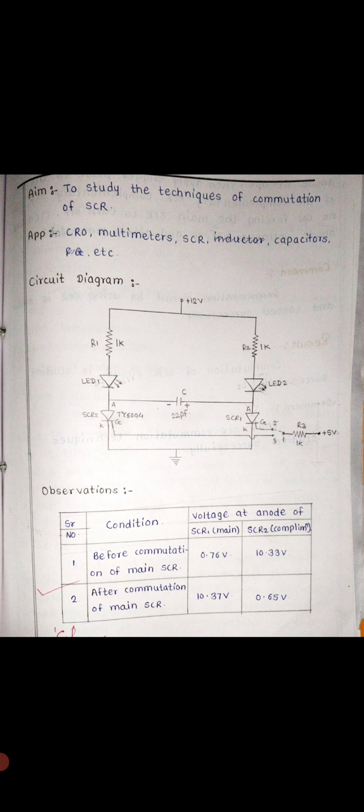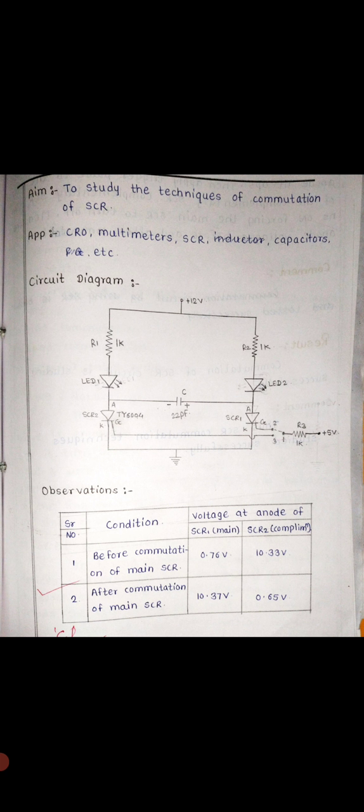The turn off process is called commutation. The term commutation is used to indicate the process of transferring conduction from one device to the other device. There are different types of commutation. Depending upon the nature of the source, either AC or DC, commutation can be natural or forced commutation. Also the different commutation techniques are line commutation, load commutation, external pulse commutation, and so on.